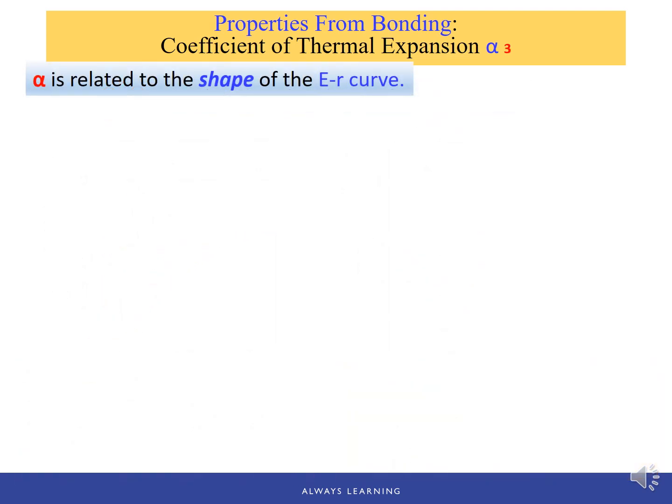Now we know the coefficient of thermal expansion alpha is related to the shape or asymmetry of the E-R curve. But after doing a lot of studies and research on all types of materials, by plotting this E-R curve, we have a conclusion